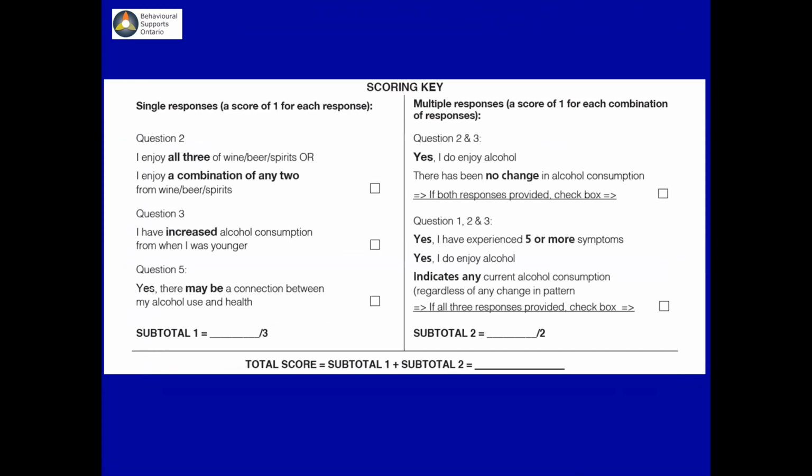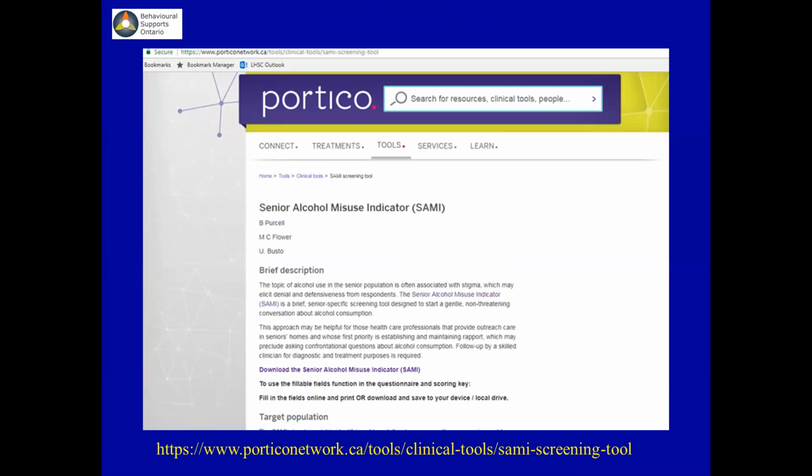If someone acknowledges that they haven't changed their alcohol consumption, well, you have to follow up with that too, because if they were binge drinking in their young adulthood, could they still be binge drinking now? So that's why we need to ask those additional questions about things like that. So that's the way it is scored. I apologize, it's so challenging, but I think that with practice it gets a lot easier.